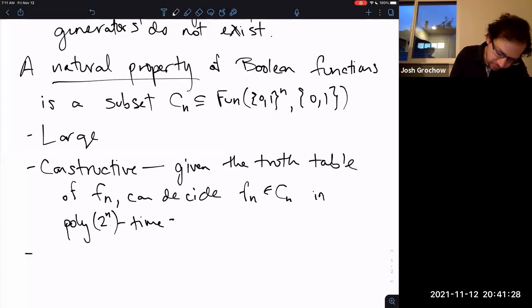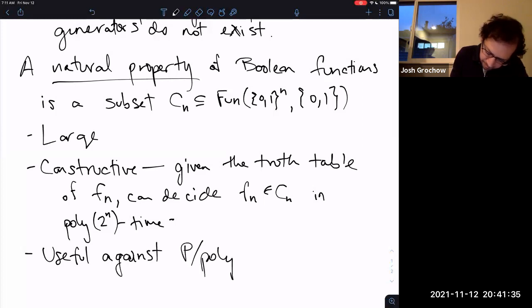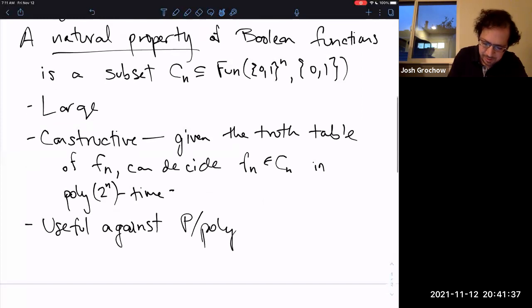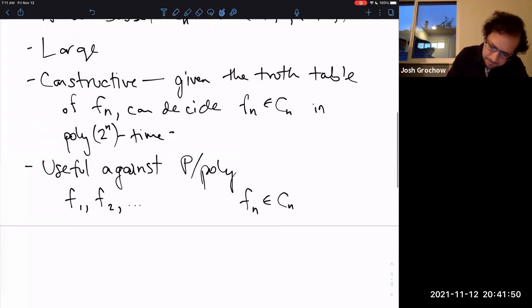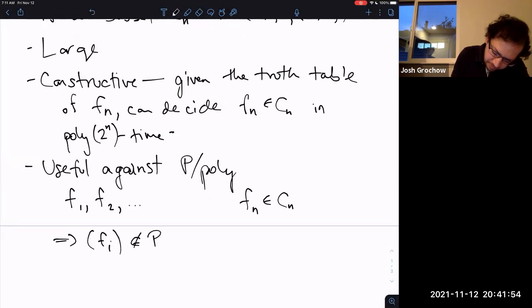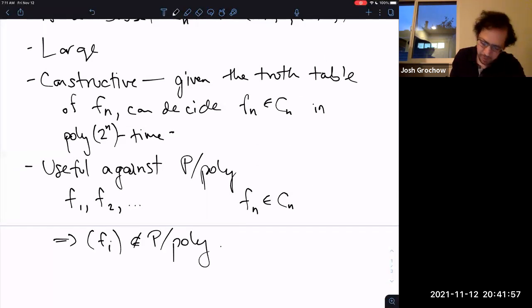Okay, and it should be useful against P/poly. So useful against P/poly in the sense that if you have a sequence of functions where Fn is in Cn, then this family is not in P/poly. So if you have a sequence of functions that have this property that is large and constructive, then those are